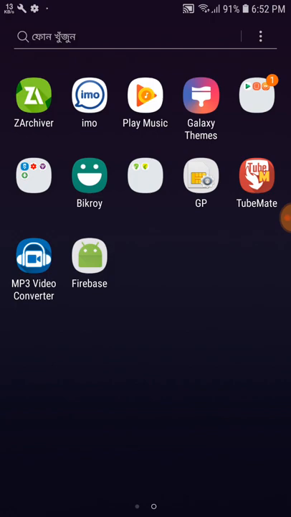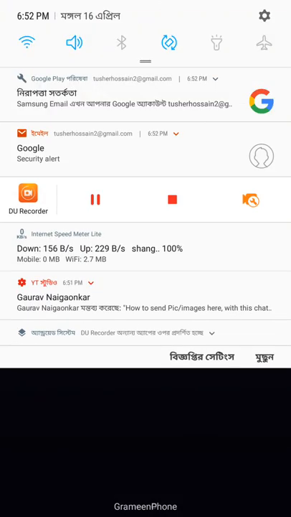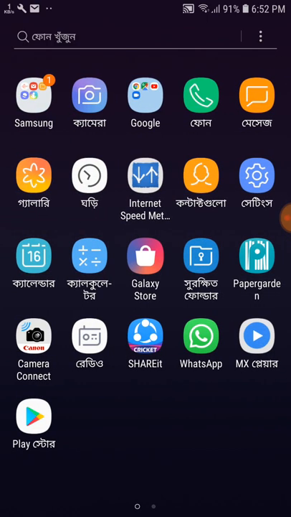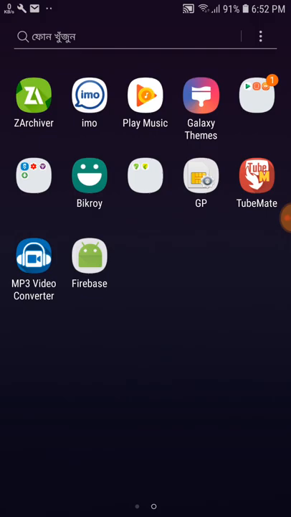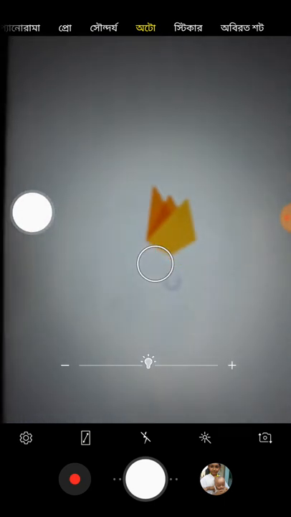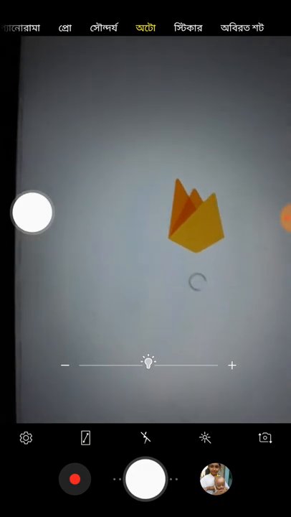Okay, one new comment I think came: how to send picture images in chat app. So guys, you can see I already made it for you. Okay, so let's come to my Firebase project. I know guys you are not seeing the Firebase project because I use my another Android now. So now you can see that. So for clearing the whole thing,